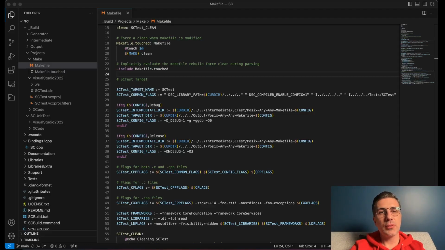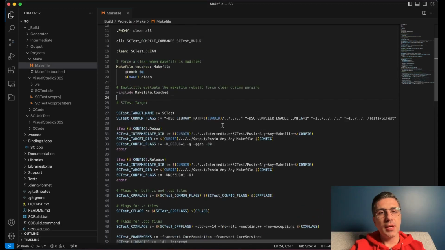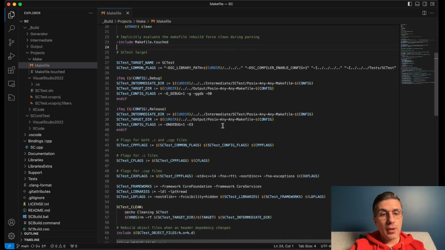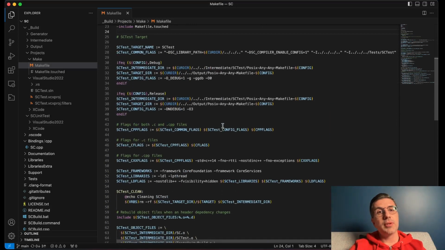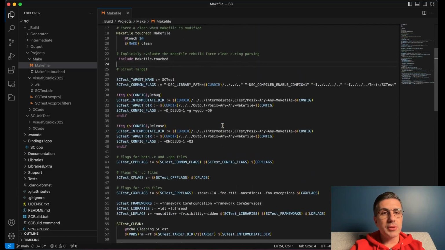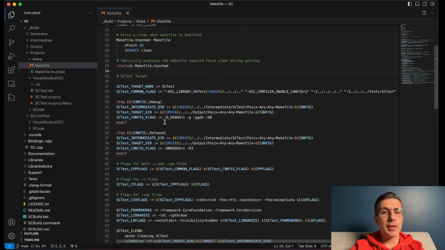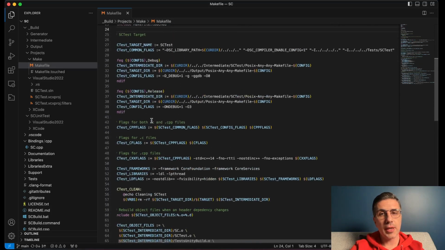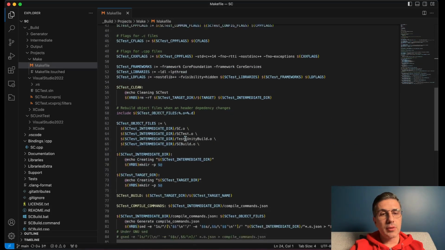So here we are back with another video where I have been touching a little bit this Makefile that was created in one of the previous videos. Adding not so much, but I think maybe just a little bit of cleanup. The cleanup is mainly refactoring the flags into configuration flags, common flags,